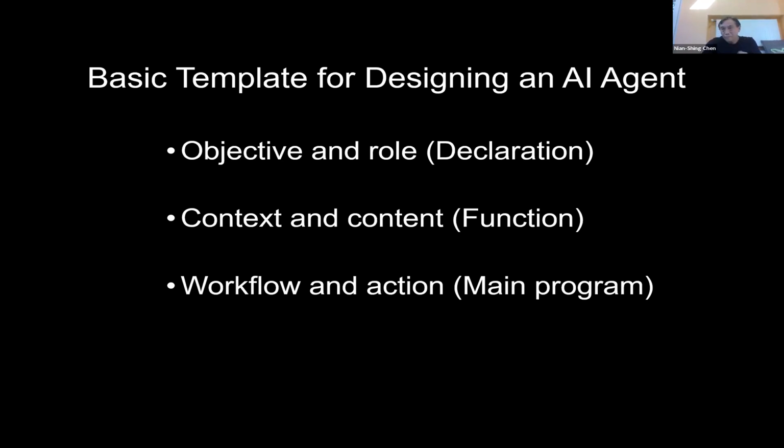Workflow is the main thing. So when you design an AI agent, the first tool is to just tell the AI, this is what I provided to you, but then what you need to do is start from